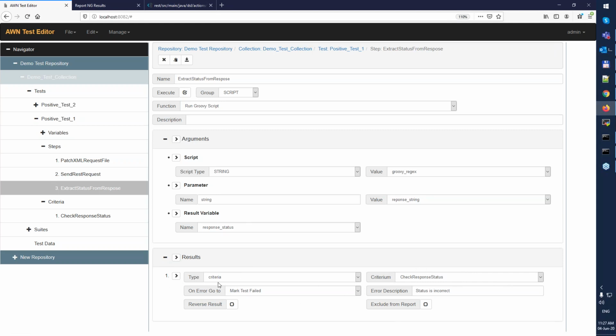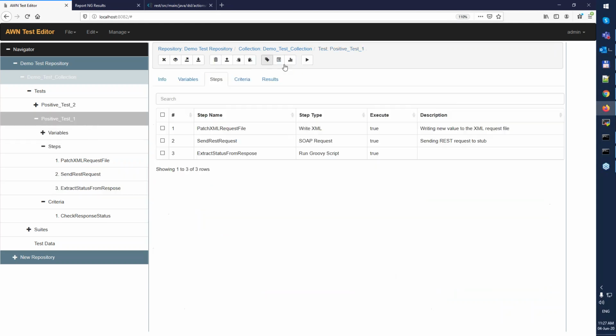And we can actually set up a little condition of what it will do upon error. So on error, this will mark the test as failed. And it will also show a little custom message in the log saying the status was incorrect. Now, if we launch this test,